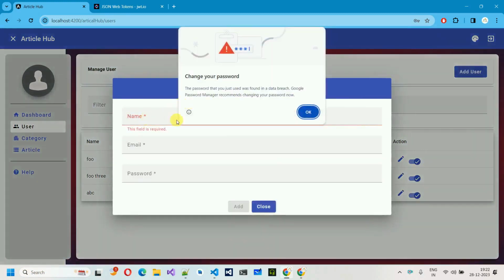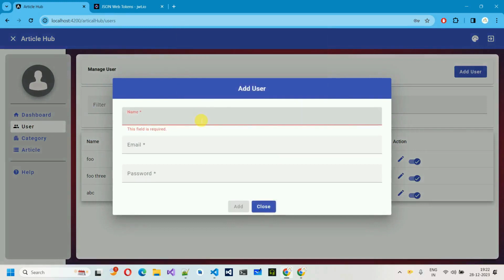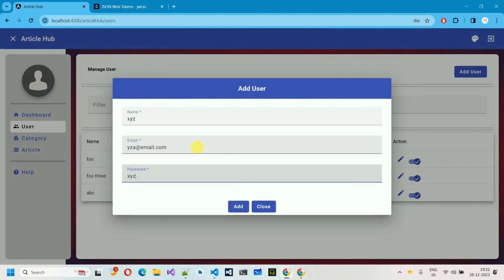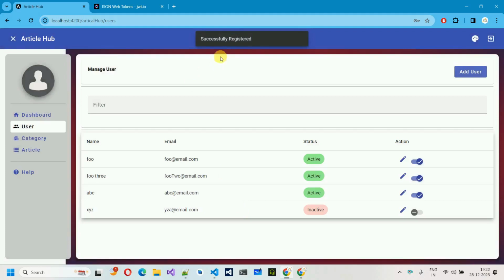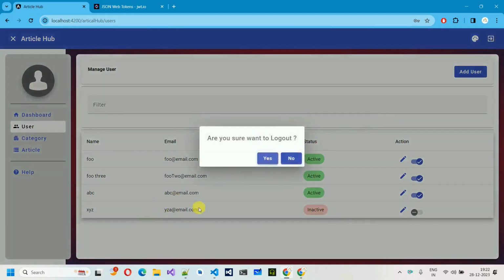So add user, and over here I'm going to use one that is XYZ, and the email is yzx@email.com, and the password is again XYZ. And here you can see, now if I click on add, it will add a new user, successfully registered, but by default the status is inactive. So if I log out and try to log in by this one,